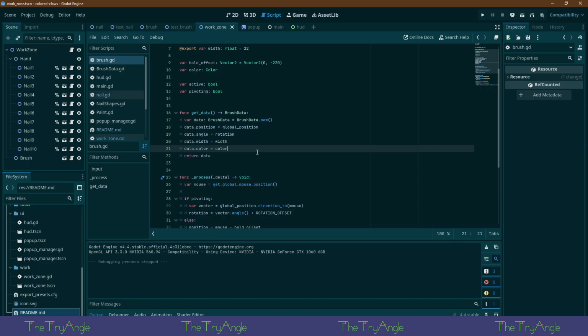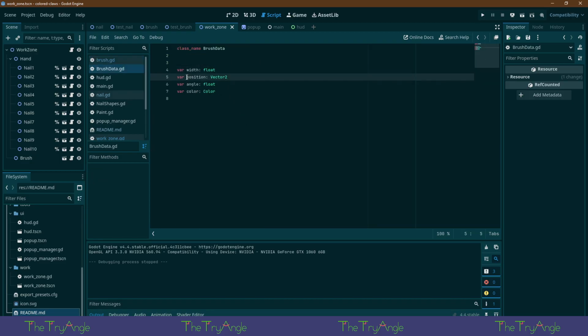Position needs to be start and end position though. So we have our start position and our end position.